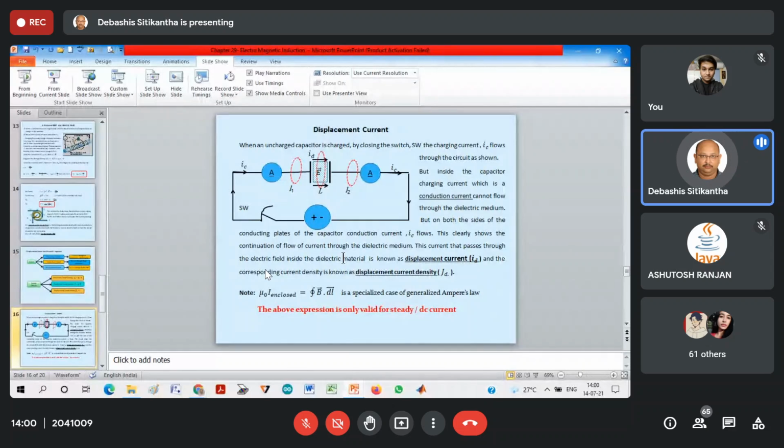I'll finish that chapter, and once I finish, I will just start with chapter number 32, that is electromagnetic waves. That is another critical chapter, but the course is very limited, only 2 sections are required. So hardly I will take 1 or 2 hours to complete, not 1 or 2 hours, maybe 3 hours to complete that in total. So in that way I have planned.